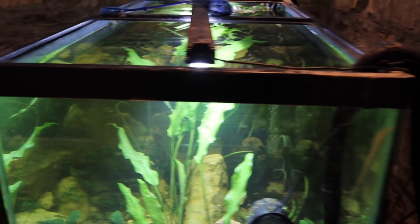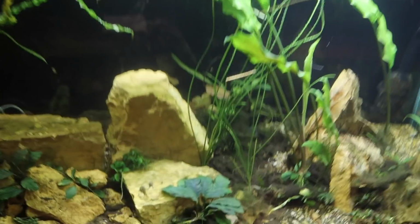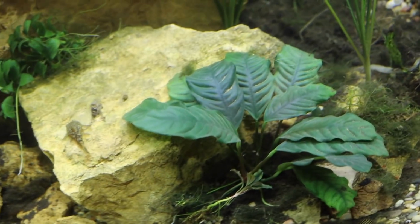I kicked on the FX4. All that runs this tank is an FX4, by the way. Got one of my blasters on here. It actually needs two because it's 24 inches front to back, so I could use two. I've only got one. And then down here, I've got some Anubias